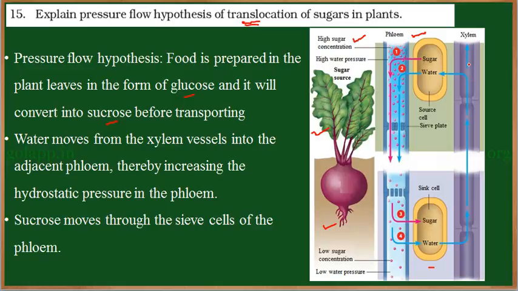So the water moves from the xylem into the phloem passively, and as the water enters the phloem, the concentration of water and the sugar produces a hydrostatic pressure. So hydrostatic pressure is created in the phloem. As it increases, it pushes the water along with the sugar to the region where it will be utilized,